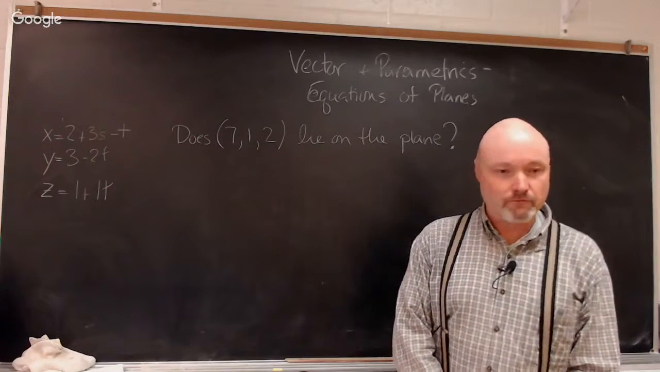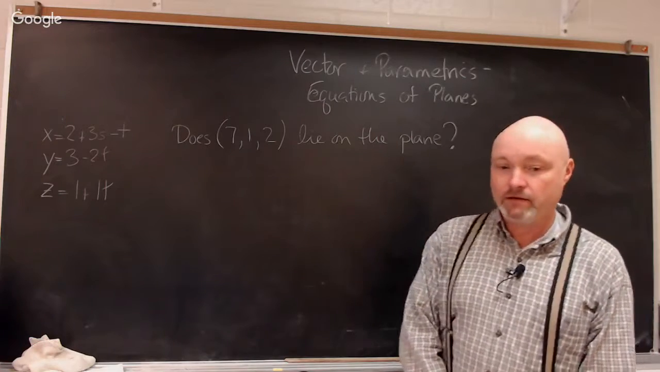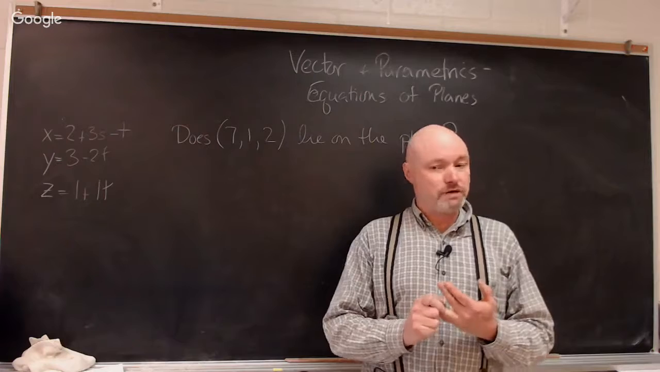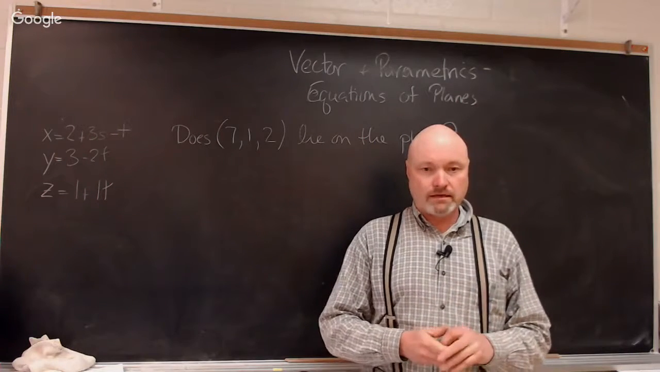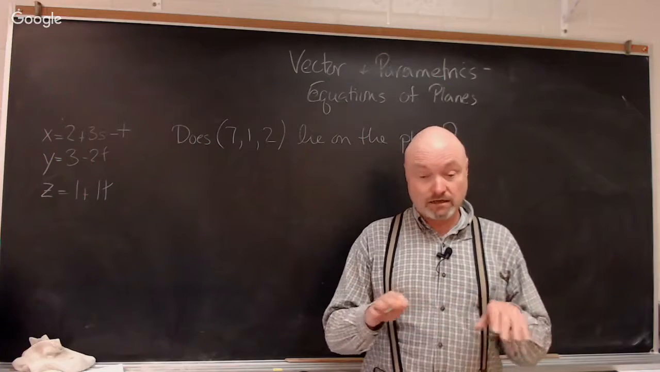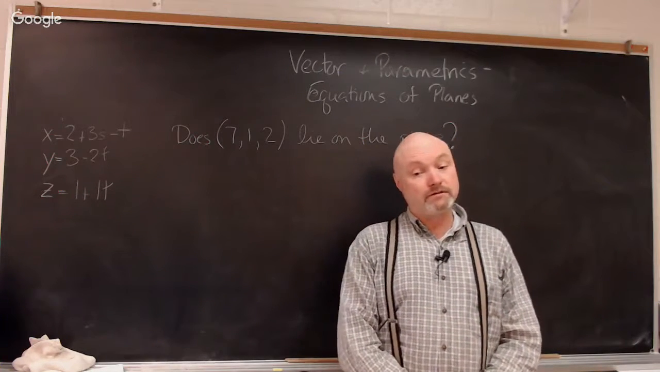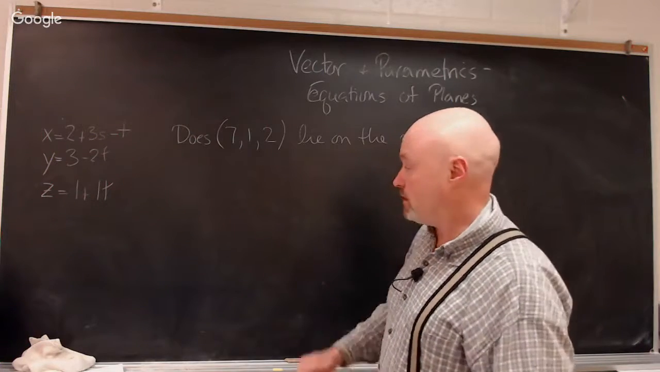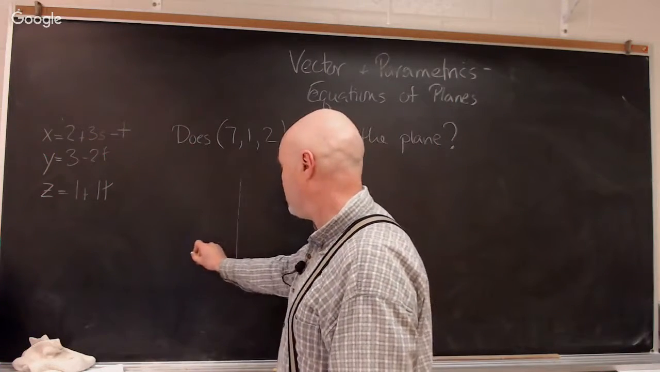Okay, so basically we can define a plane with a position vector and two direction vectors. And provided that the two direction vectors are not collinear, that's all you need to define a plane. Now, the second way of looking at it is all you really need to define a plane